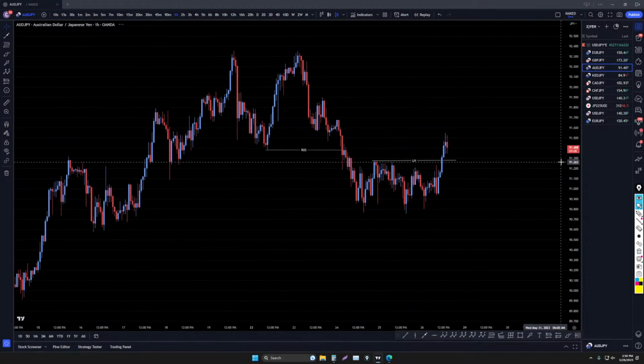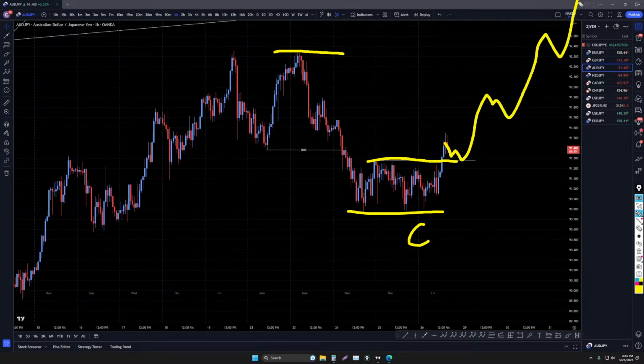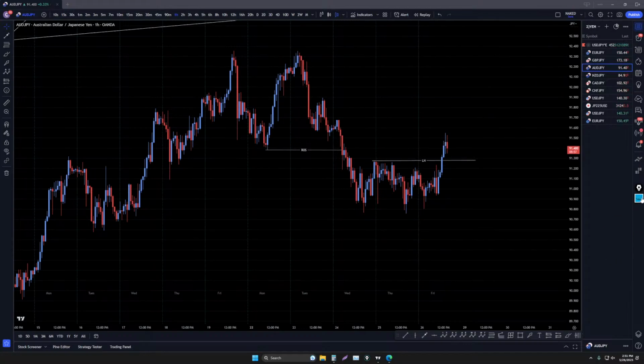Very, very clear. The Aussie yen broke structure. That pretty much proves to me that this whole move down is over. And if this is a wave C, then this very easily could now start trending back up. So you may want to start looking for longs in an uptrend on that one.